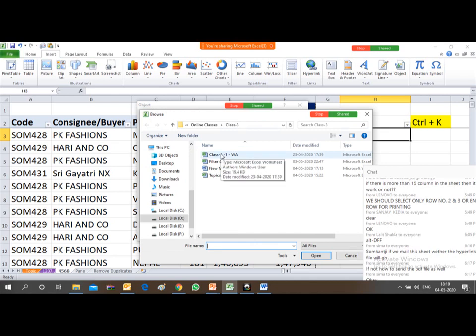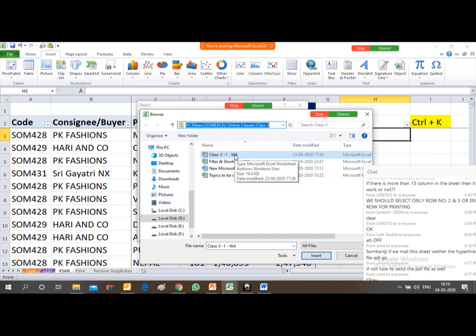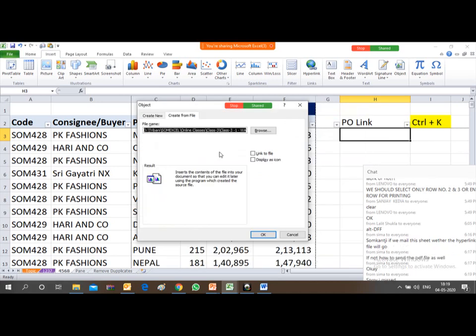Say now I have this PO, so I have selected this. Whatever destination you have saved, or whatever drive or folder you have used, from that folder you can select your desired file and click Insert. By clicking Insert, the path will appear over here.